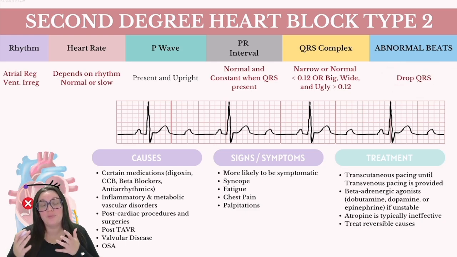So the causes here really are going to follow the second-degree heart block type 1, but the big difference is that you're going to see it post-TAVR. So TAVR is a specific procedure when it comes to replacing a valve inside the heart. In this case, second-degree heart block type 2 is very common in these individuals. Working as a CVICU nurse in the past, you really have to keep a very good eye on these TAVR patients because they tend to go into these kinds of rhythms, and they're easy to reverse as long as we can identify it